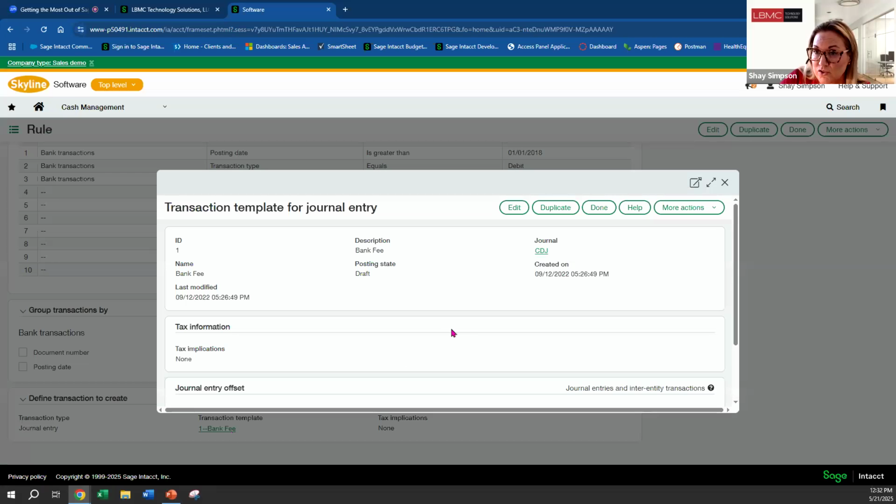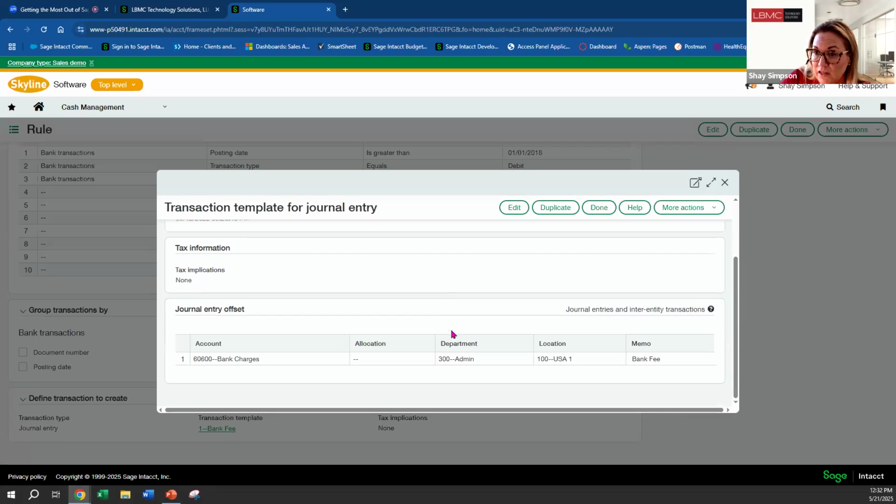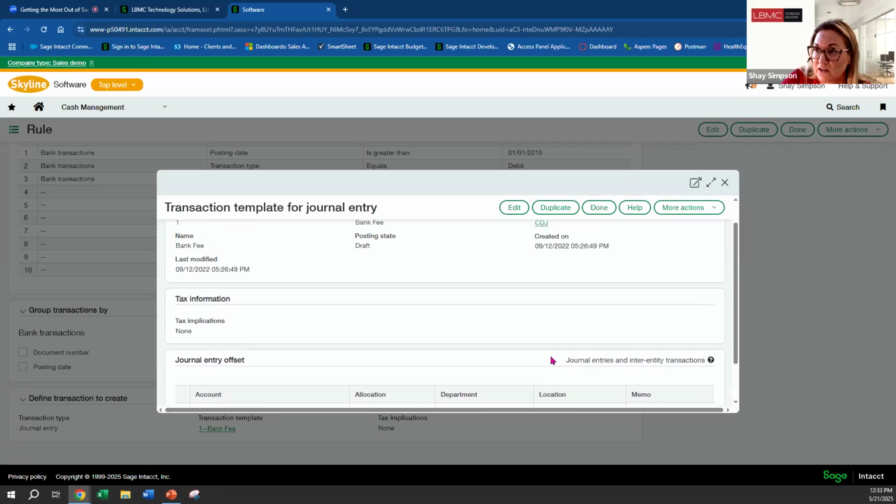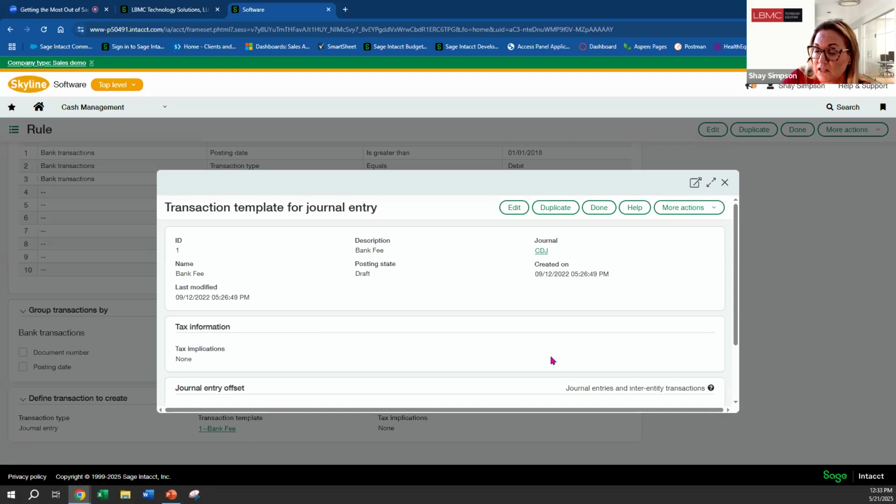So I'm going to create a transaction template. It's going to be for my bank fee. Obviously, it is going to debit my bank charge expense account. I may want it to go to a particular department. I may want it to go to a particular location. And then obviously the flip side of that entry is going to be a credit onto the cash account. Now, in this particular example, you will notice that it has it set to go to a